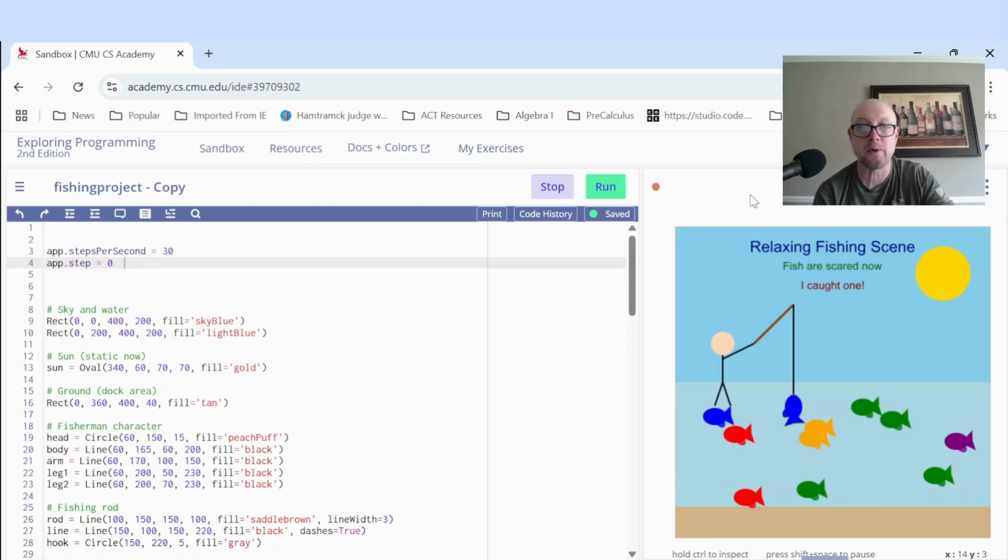In this video, I'm going to show you how to create a fishing scene in Python, and this could be used for CMU CS Academy as a sandbox program, as maybe a final project or a midterm project. And this fishing scene will cover most of the skills that you learned in that course. Okay, so let me show you what was required for this project, and then I'll do a sample run,